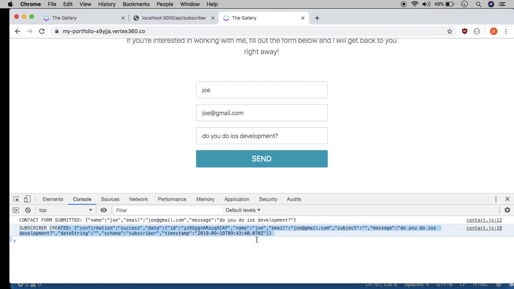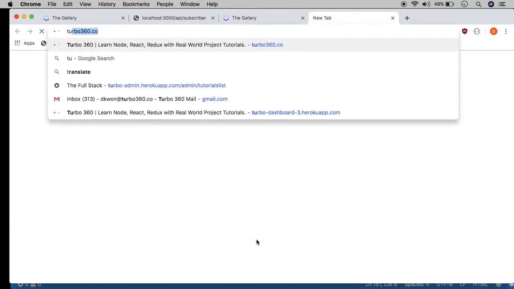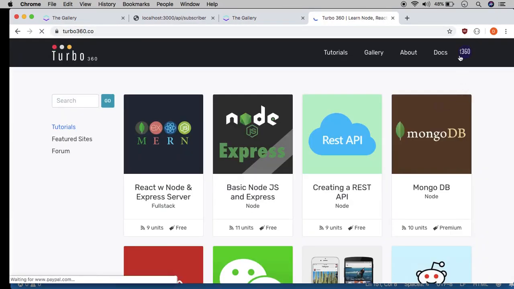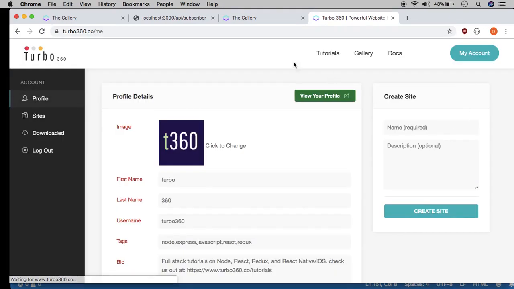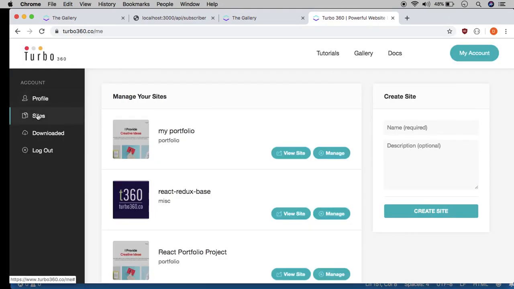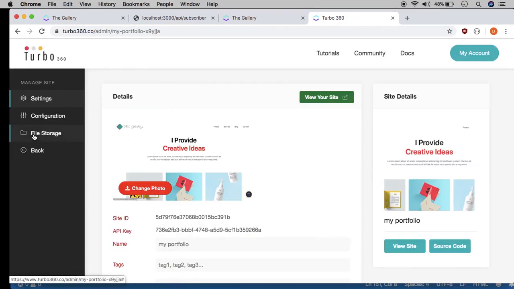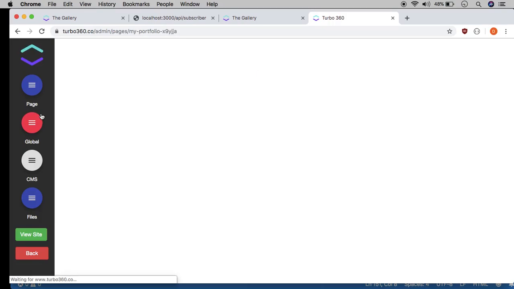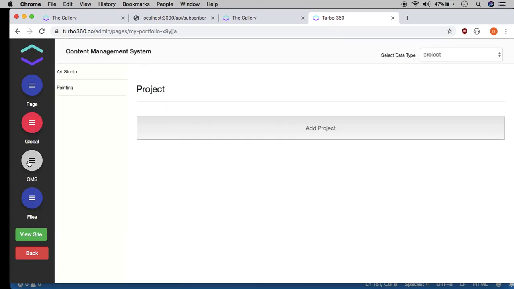And now the question is, where can we see it on our admin dashboard? Keep in mind, we're just accessing the CMS here. So if I open up Turbo, my account on Turbo, and click on Sites, this is the project that corresponds to what we're working on. I click on Manage, and then Configuration. And then on the CMS, over here where we worked with these projects in an earlier video,